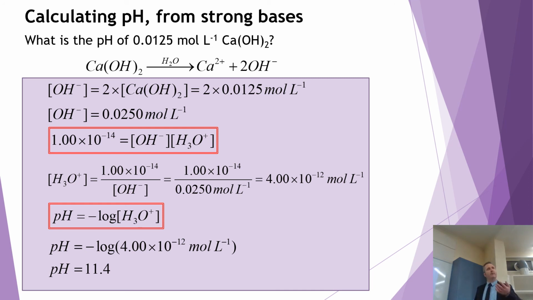We then put that into this equation, and we find the pH. So the pH of the solution is this. But remember the pH comes from the concentration of the H3O plus. However, if you went up the top here and just worked out the pOH, it would have been 2.6, and you just subtract it from 14. It's a lot more straightforward, but you have to get confident in using this equation. So we can practice that, but once we learn things really well, we're just going to learn things like the pOH is this, the pH is